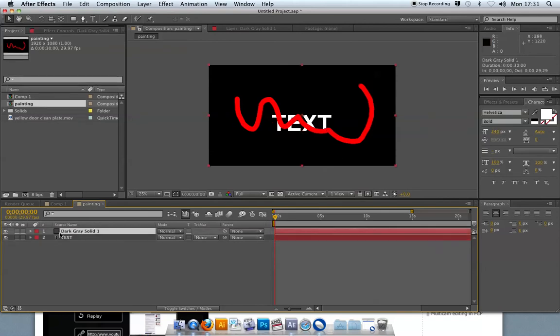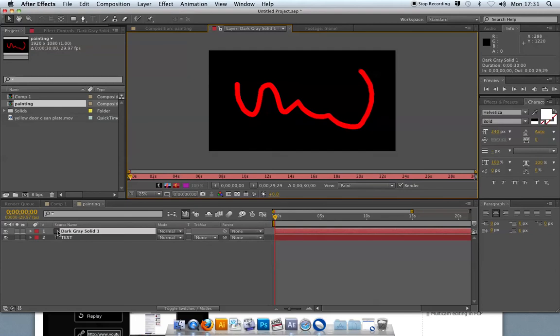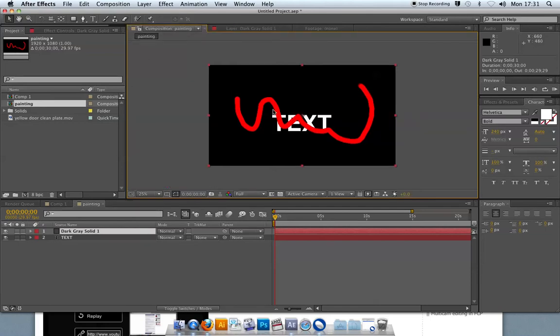I need to do the paintbrush on a grey solid, but I can switch off that layer and turn it from drawing onto an opaque object such as my grey solid or my video or a JPEG or whatever you're doing, to actually doing the equivalent of drawing on transparent plastic. Okay, so that's the first thing, that I can create a brush stroke and then knock out the layer that it's being drawn onto. Now the next thing is